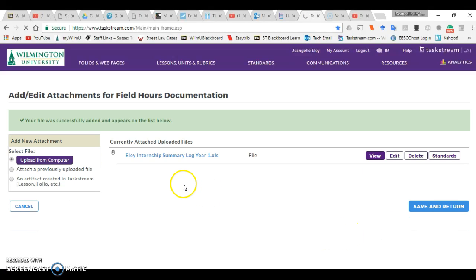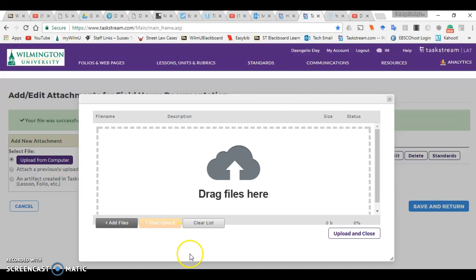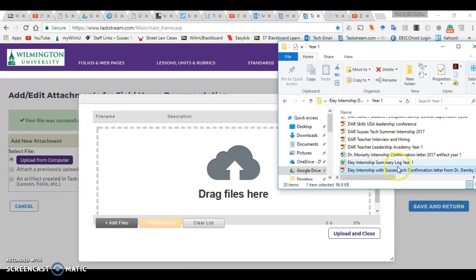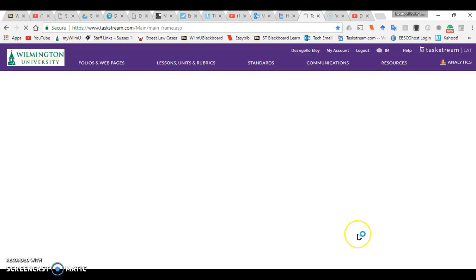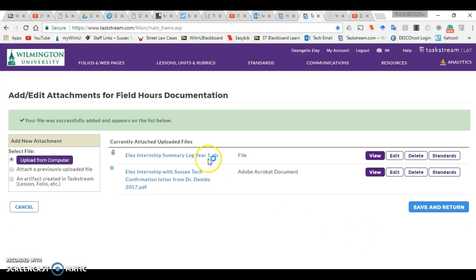So upload and close. So I'm going to go back to upload from computer. So I'm going to go to my letter from Dr. Denby. And I'm going to drag and drop it in there. Upload it. Upload and close. And both of those documents are in there. So what I'm going to do is hit save and return,